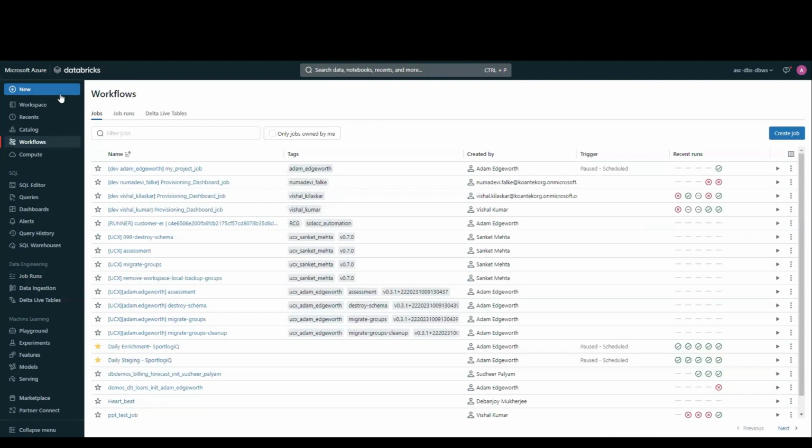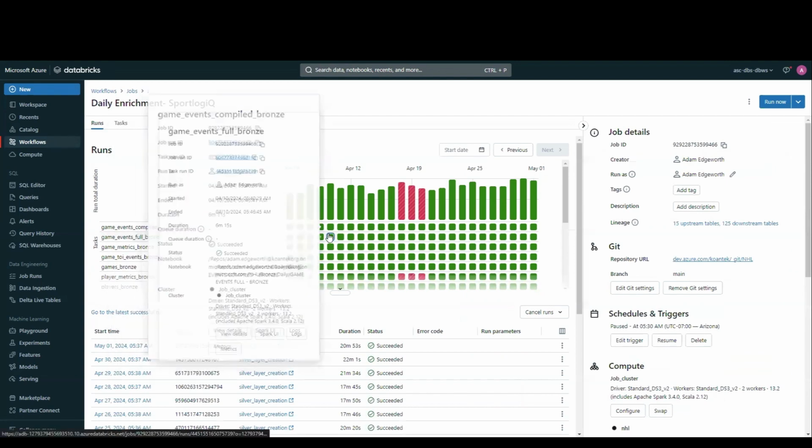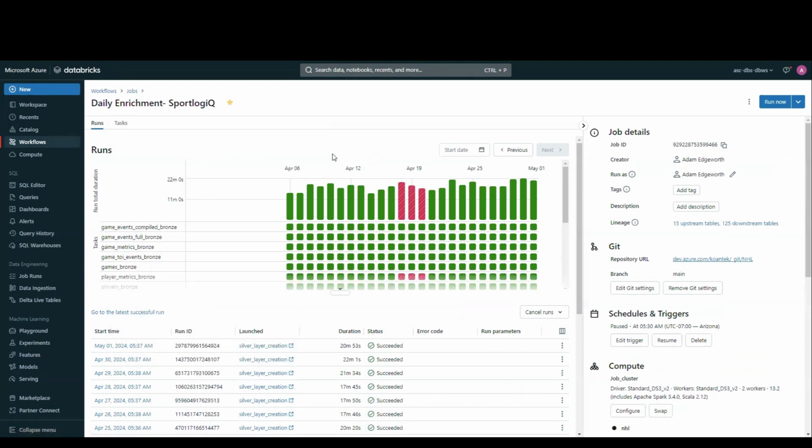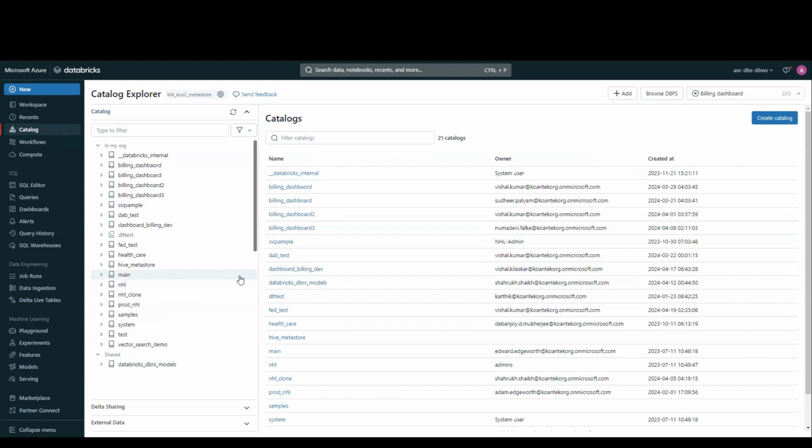Once this job is complete, we also have an enrichment job that enriches the data from its raw JSON format and converts it into tabular format. It also cleans up the data and inserts the newest data that we have every night into our predefined delta tables. Once our data is cleaned and organized into feature tables,